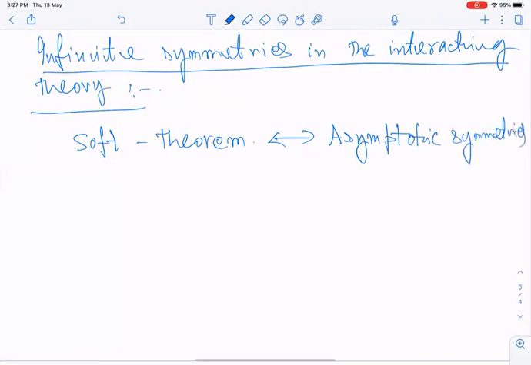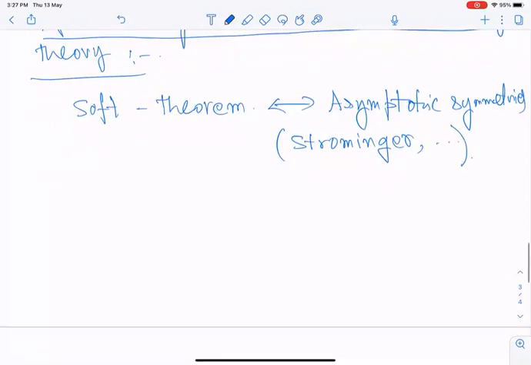There is a large literature on this, but this started with the work of Strominger. Essentially the statement is that if you have a theory of gravitons or gluons or photons, say,